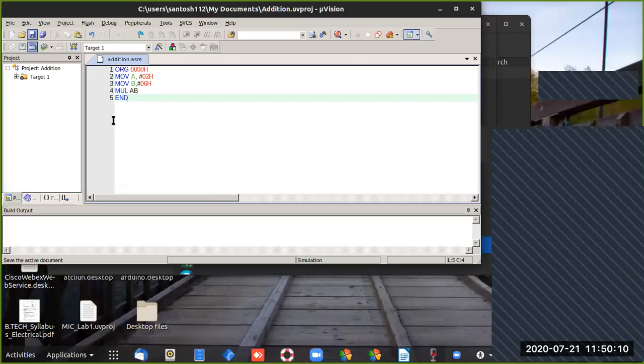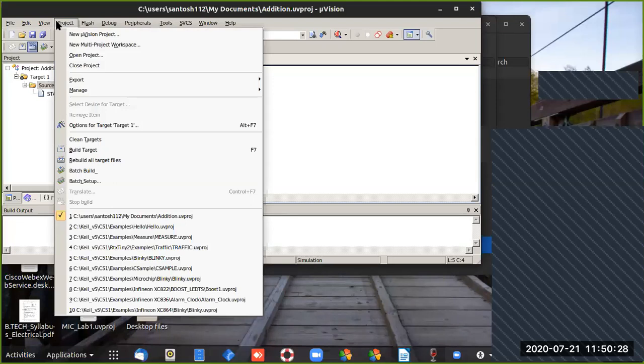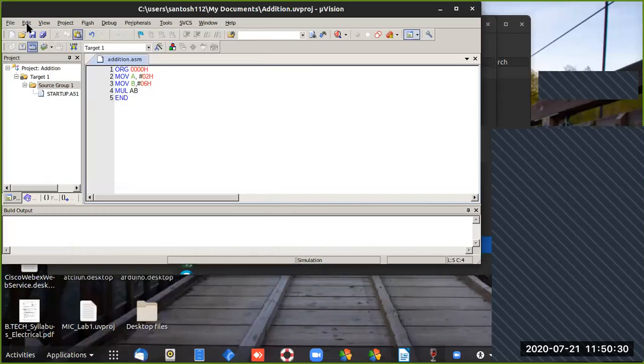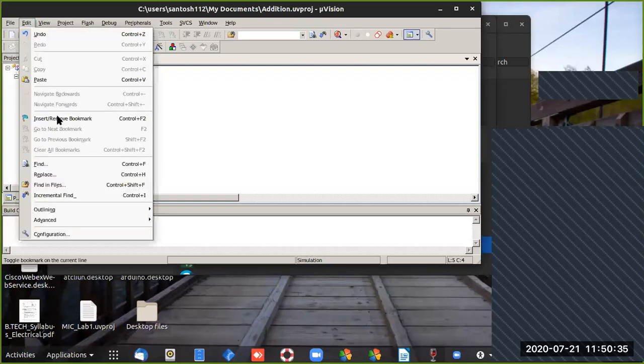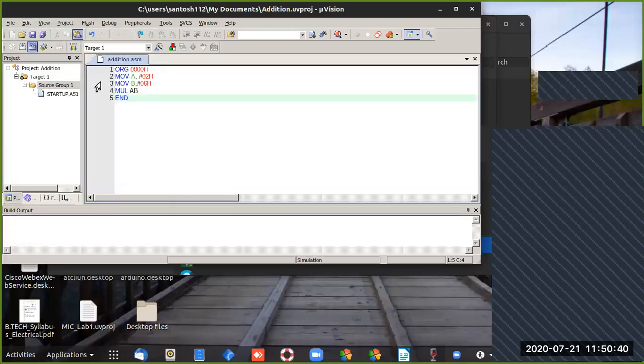Now next step is that we have to copy the source file into the target. So for that, source code, edit, I have forgotten this. Anybody know how to do it from here? Just put in the chat box if you know the next step.